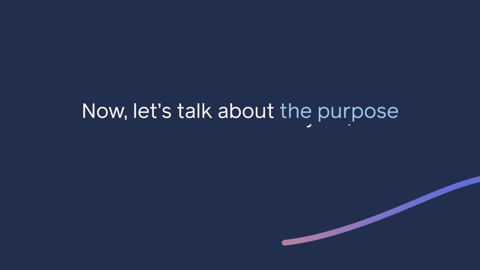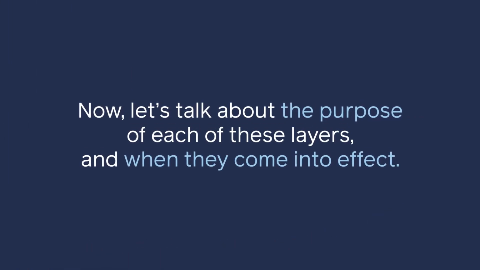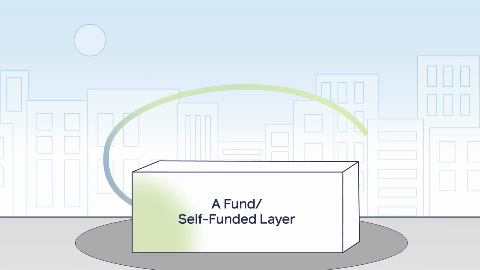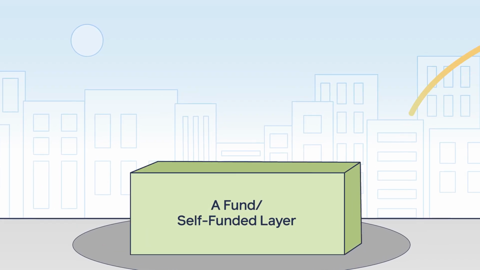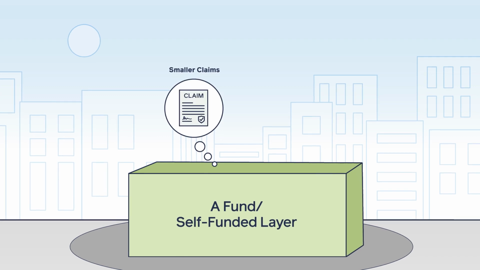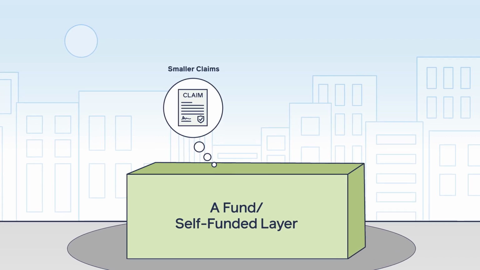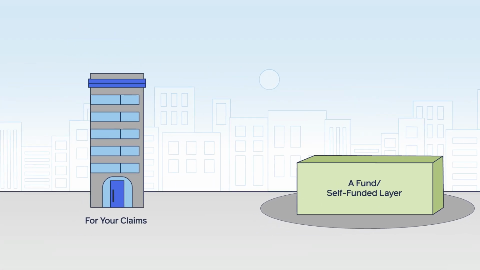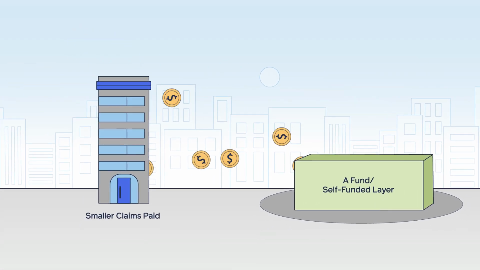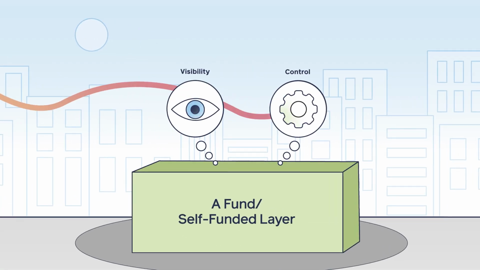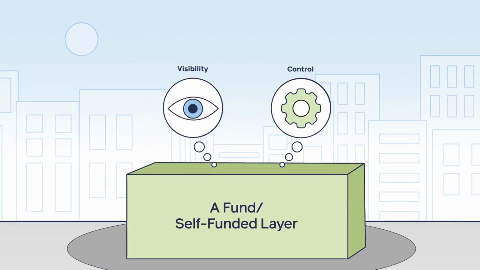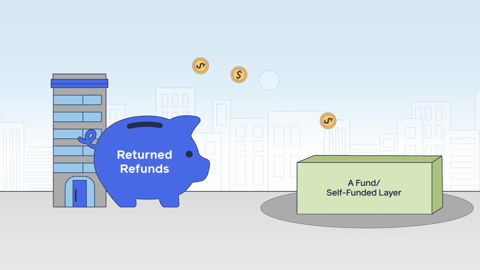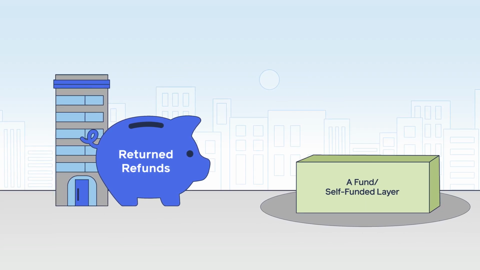Now, let's talk about the purpose of each of these layers and when they come into effect. First, the self-funded layer, or A fund. This is the foundation of the captive structure. This layer is designed to handle smaller, predictable claims and losses for your business within your normal day-to-day risk profile. And because these dollars are set aside specifically for your business and your captive group, you gain greater visibility and control over how they're used. Plus, when losses are lower than expected, unused funds may remain available to the group over time, reinforcing long-term ownership